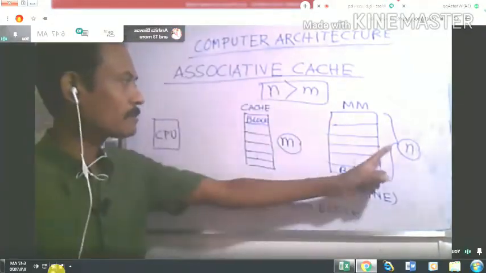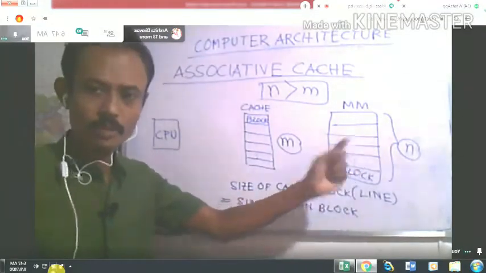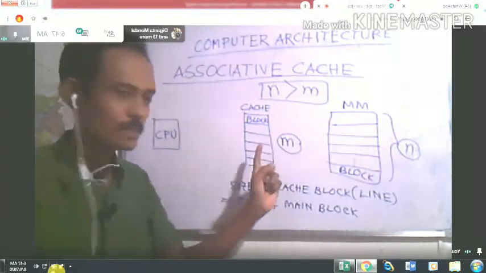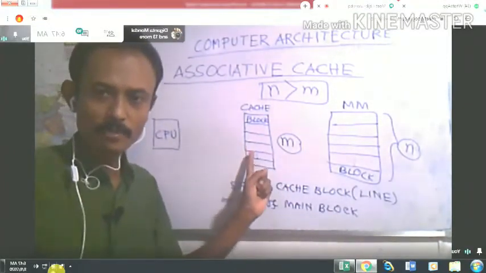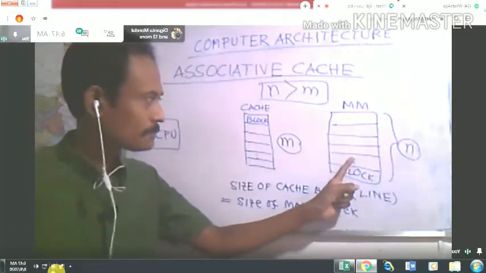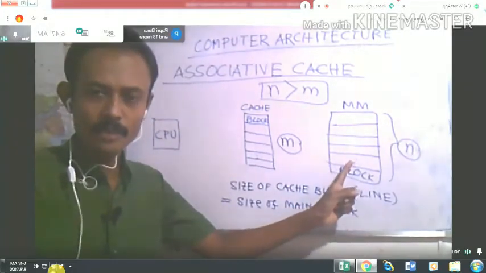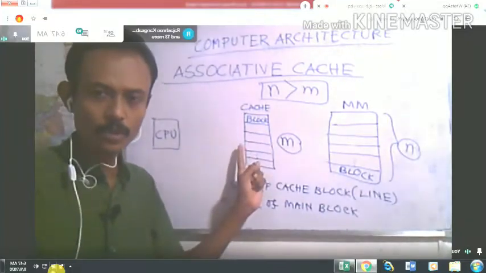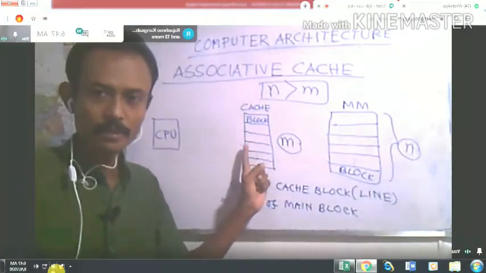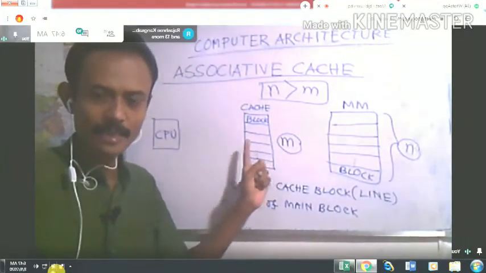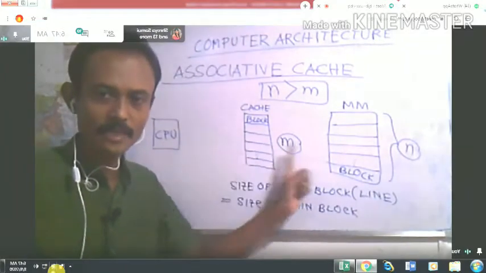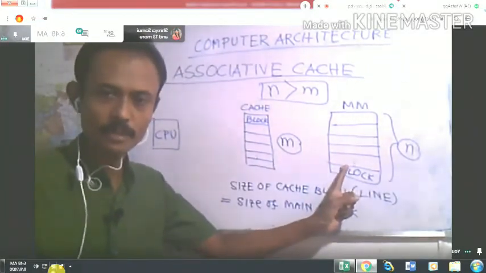That means the number of blocks in main memory will be much larger than in the cache memory, because cache memory is static RAM and the main memory is dynamic RAM, and the cost of dynamic RAM is lower than the cost of static RAM. But the benefit of static RAM is that its access rate is higher than the access rate of dynamic RAM.